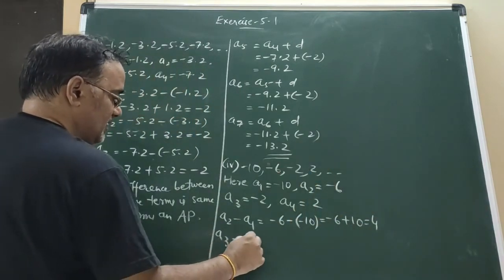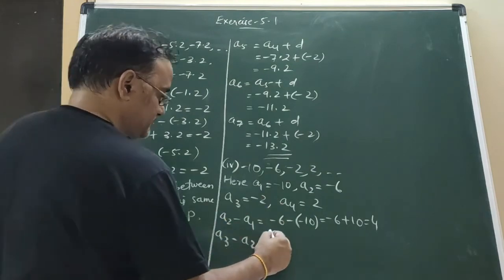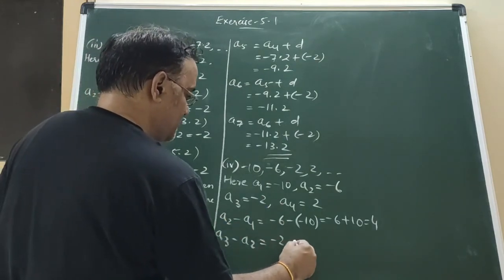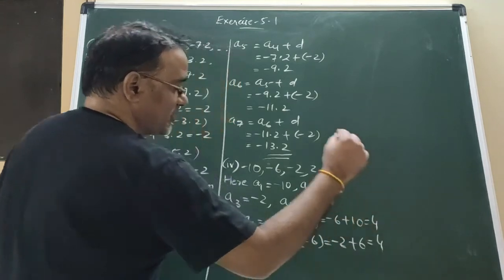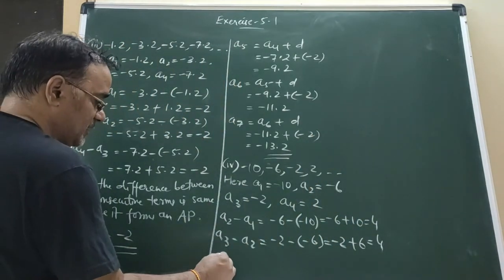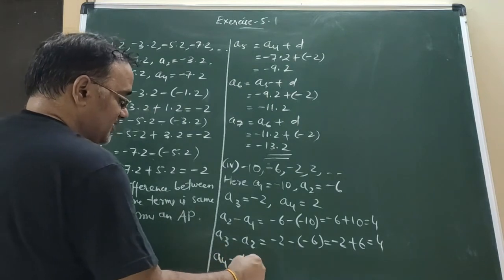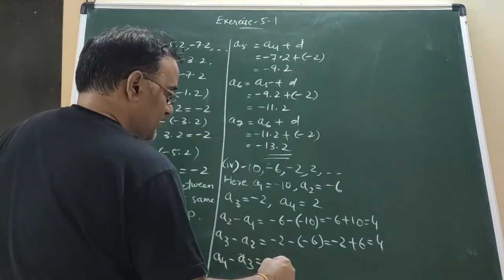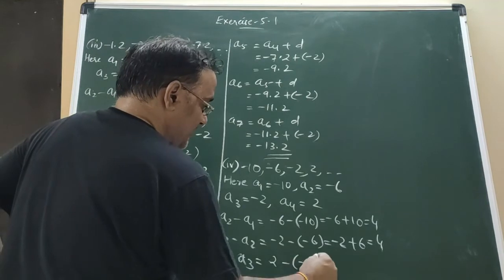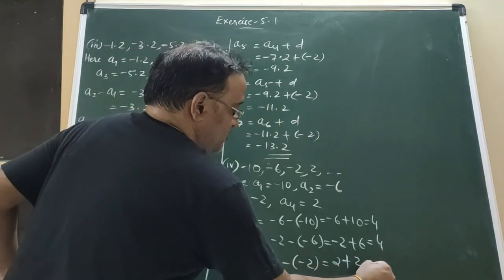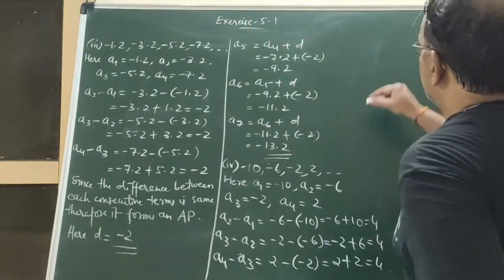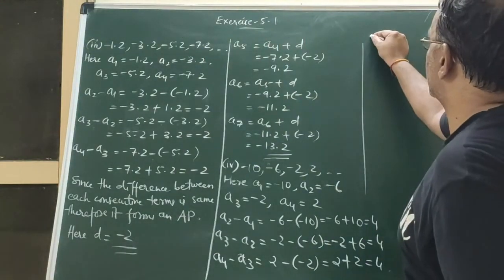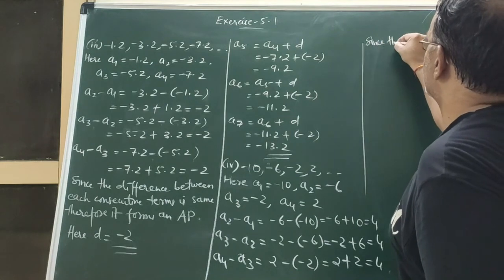A3 minus A2. A3 is minus 2, minus of minus 6, minus 2 plus 6, it is also equal to 4. Now A4 minus A3, 2 minus of minus 2, that is 2 plus 2 equals 4. Now all the differences are same, so we'll conclude that since the difference between